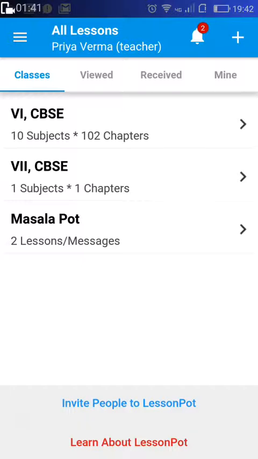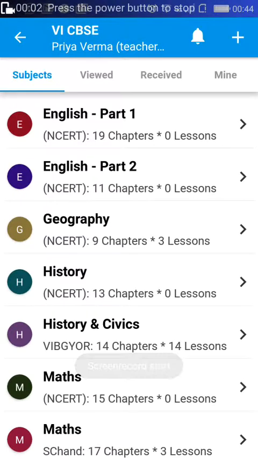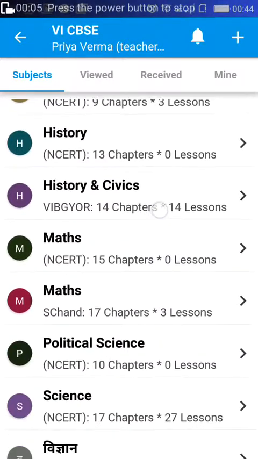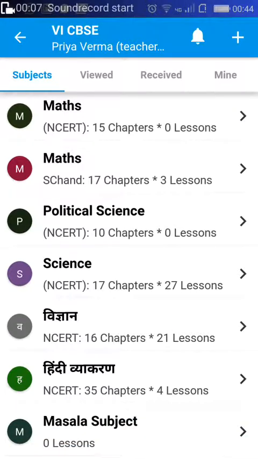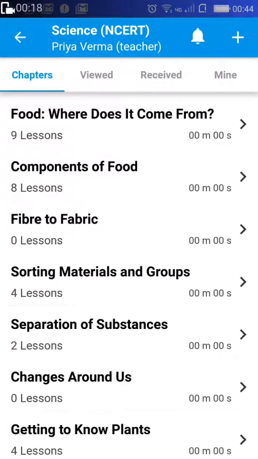Now I am going to tap on 6th standard CBSE and go into it. Inside this class, you will be able to see the list of subjects. Here, you can see some English medium subjects and a few Hindi medium subjects. Had this been Tamil Nadu State Board, you might have seen English medium and Tamil medium subjects. If I tap on a subject like science, I will see the list of chapters as per the textbook. Now, it is possible that the data is missing or you follow a different textbook and these chapters do not reflect what is in your textbook, in which case you can request us for support by tapping on request support.